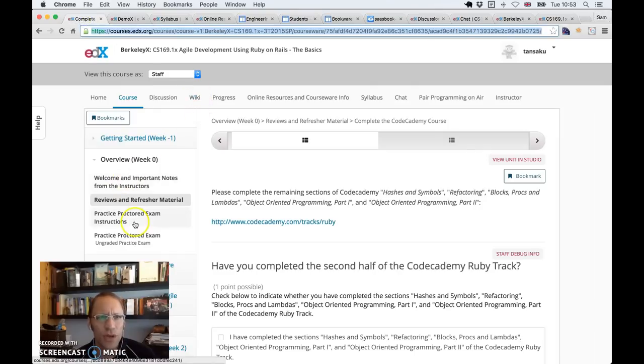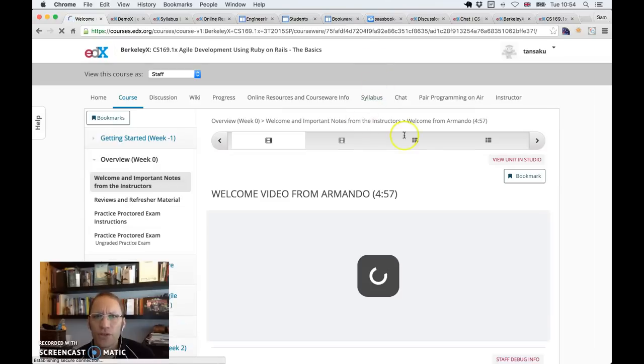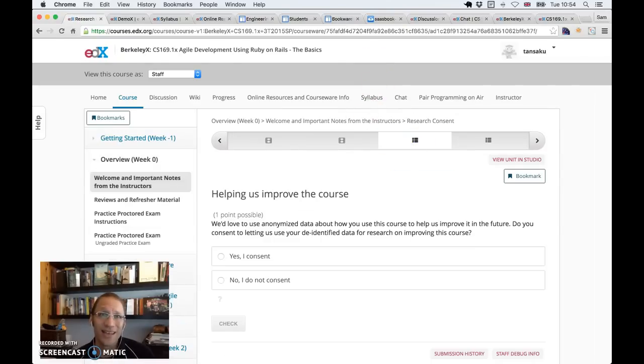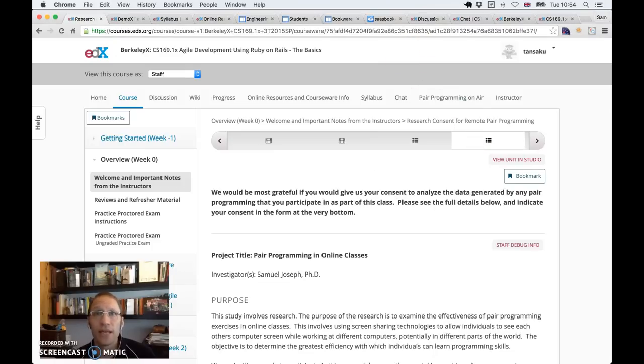We've also got some forms after the videos where we ask you for consent to use the data that we collect from you, anonymized and de-identified, of course. If you're happy to let us use your anonymized data for research to improve the course, we'd love to have your consent for that. So another thing to draw your attention to is getting set up with a coding environment